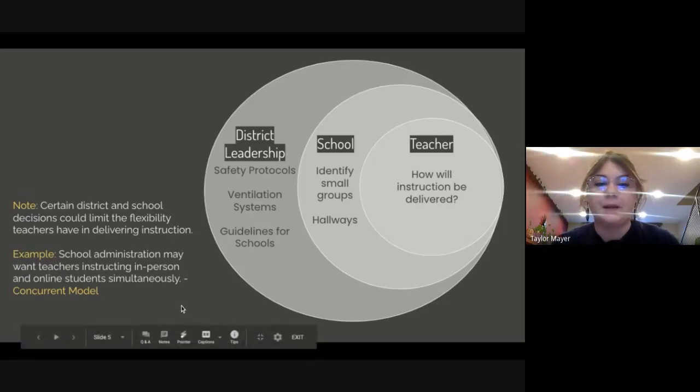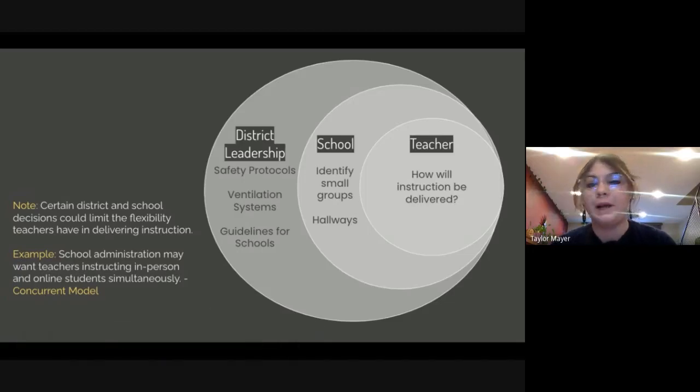We want to be considerate of what is within our control and what's not, and keep our questions in that realm of here's something we control, or here's something we can't control, but what can we do to alleviate some of that stress? Just keep that in mind as we go through things today. I know it could be really frustrating. I find that remembering what's within my control helps me lower my stress level.